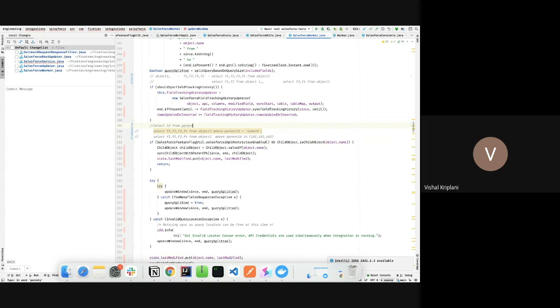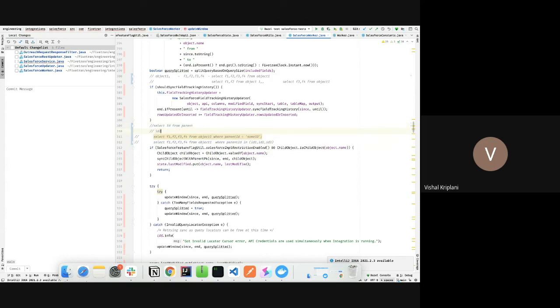That will give us some IDs, ID1, ID2, ID3, and so on. So we have all the parent IDs. If we go with this strategy and we get 1000 parent IDs, then we have to do this API call 1000 times because only a single ID is present here.